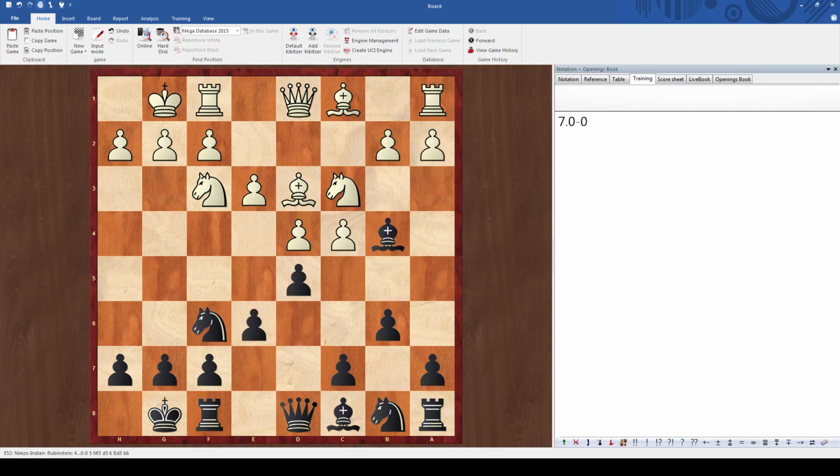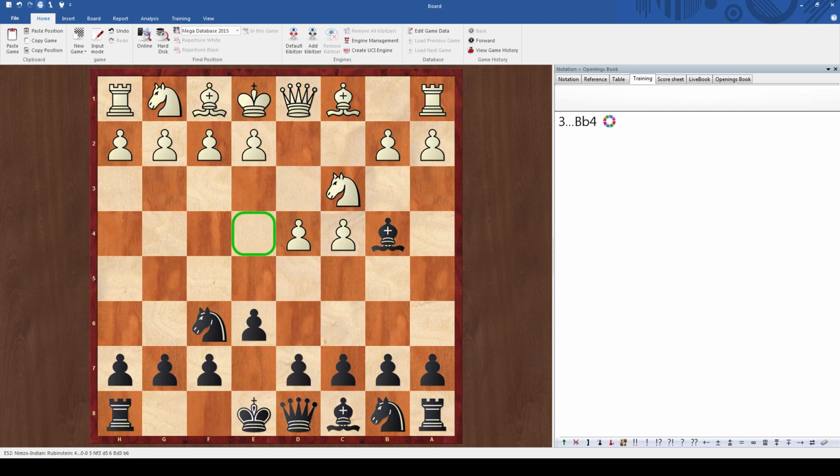Let's go back to the move queen c2 on move 4, which also has a very principled point behind it. So the move queen c2, what he's planning to do is go a3, bishop takes c3 check, queen takes c3. So what he wants to do is have the bishop pair with white and then simply develop and basically try